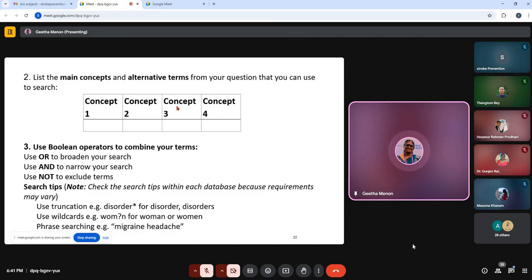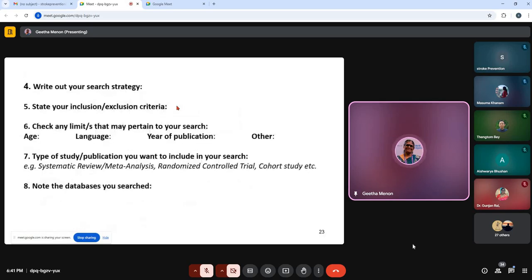One is OR, which means A or B means either A or B or both. Similarly, A and B means A and B. That is the intersection term. So all this concept is also used for creating search terms and search strategies, and that is how you create a search strategy. Then once the search strategy is created, you write it out, you give details of